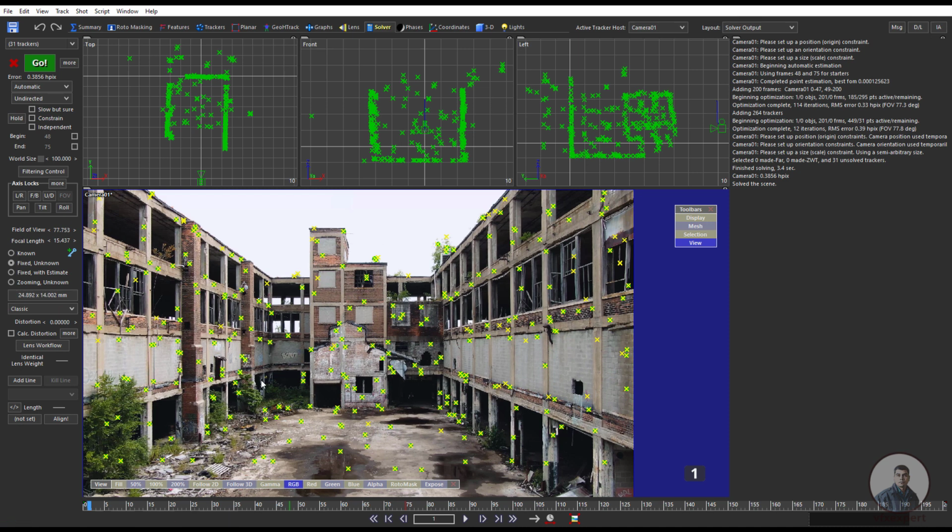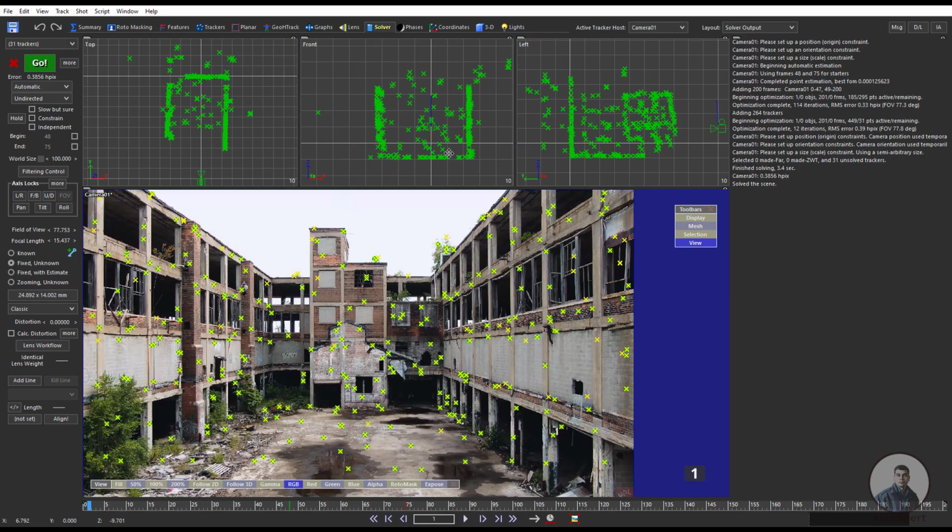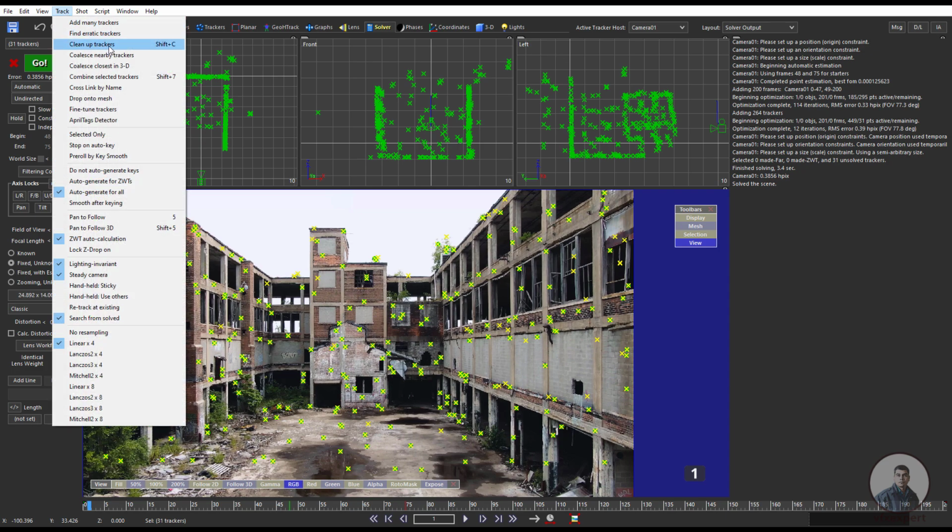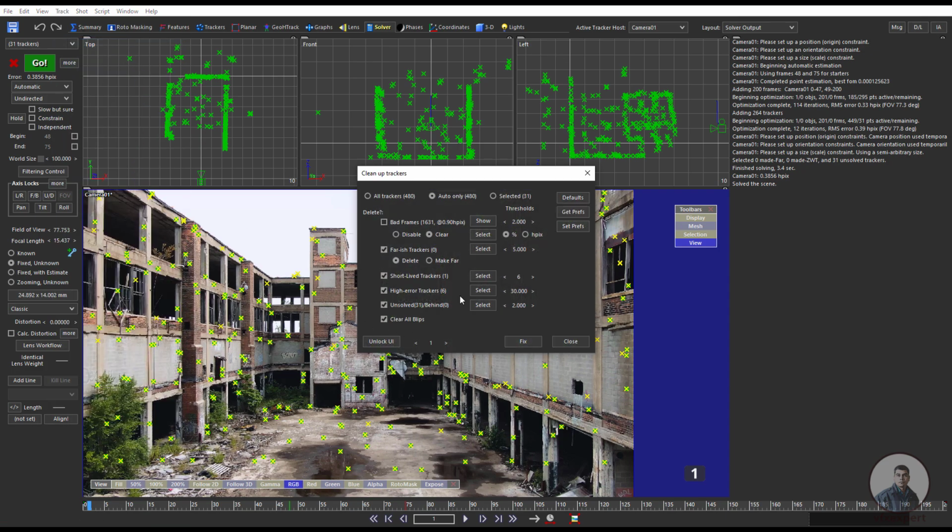Now I am getting this camera solve here, and this is our point cloud. This is a little bit dense point cloud, and on the left side this is our camera solve error, which is 0.38. Now I think this is a little bit high, so we also have to improve our camera solve. For this we have to click on this track, then click on this cleanup trackers,